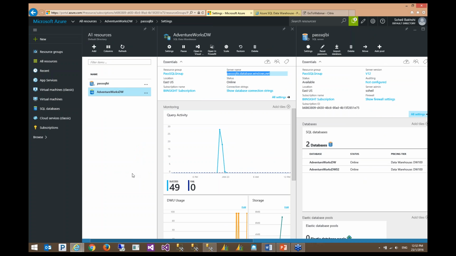As you can see, there is a button here in my Azure SQL Data Warehouse, open in Power BI. If I click on this button, it will redirect me to my Power BI service account.